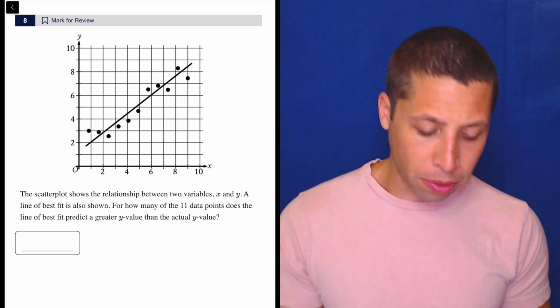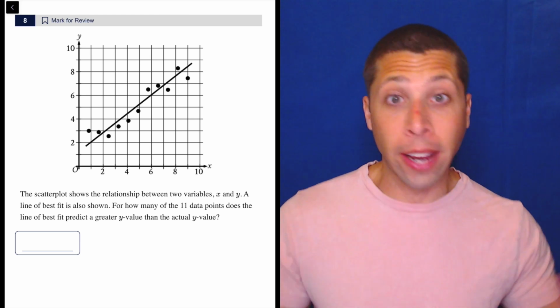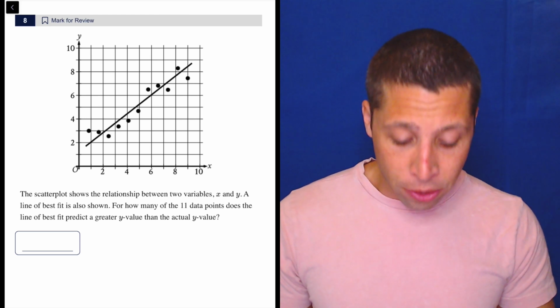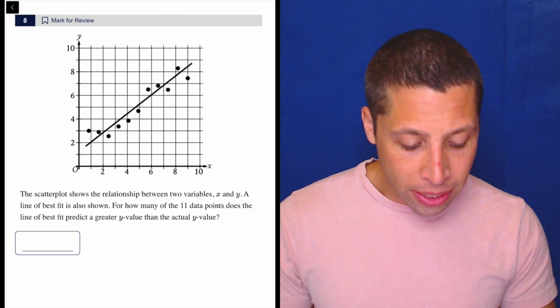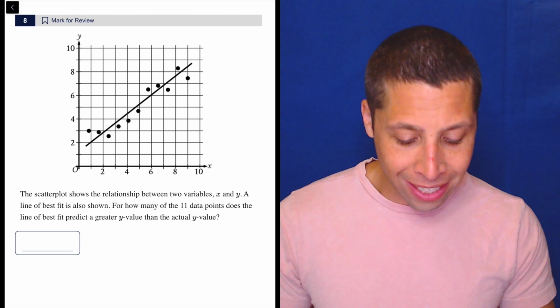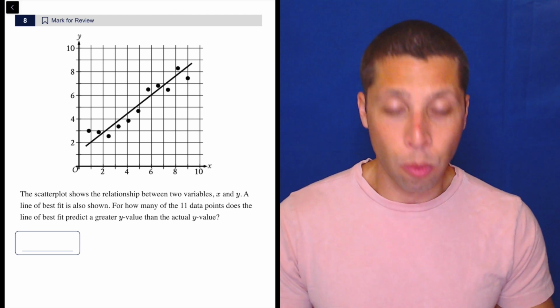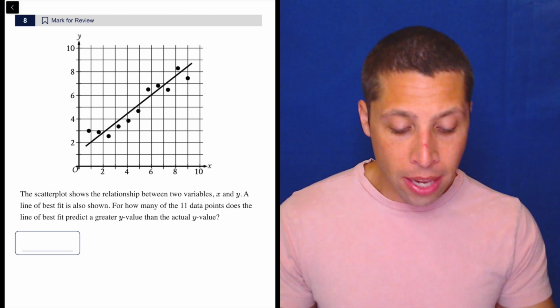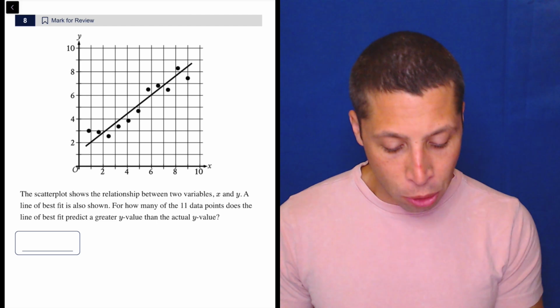So the scatter plot shows the relationship between the two variables, x and y. Great, that's not new. A line of best fit is also shown. For how many of the 11 data points does the line of best fit predict a greater y value than the actual y value? Okay, so the key thing here is that we need to know the difference between the